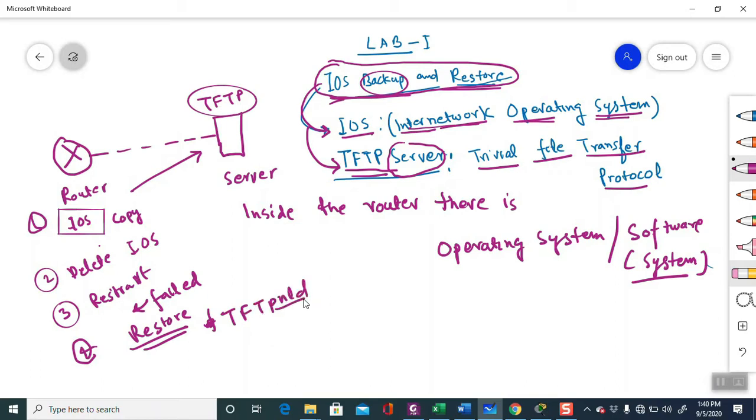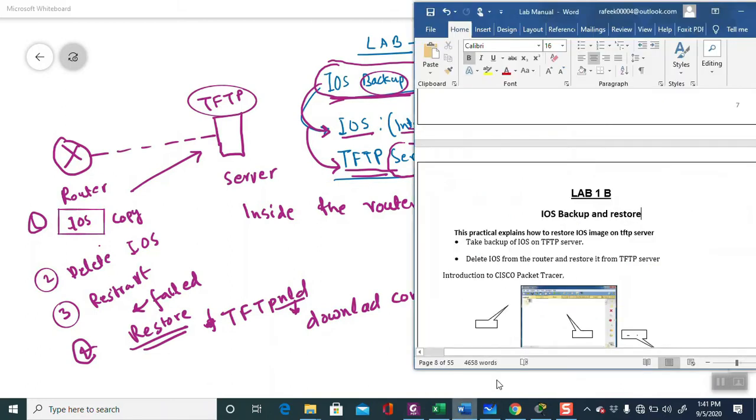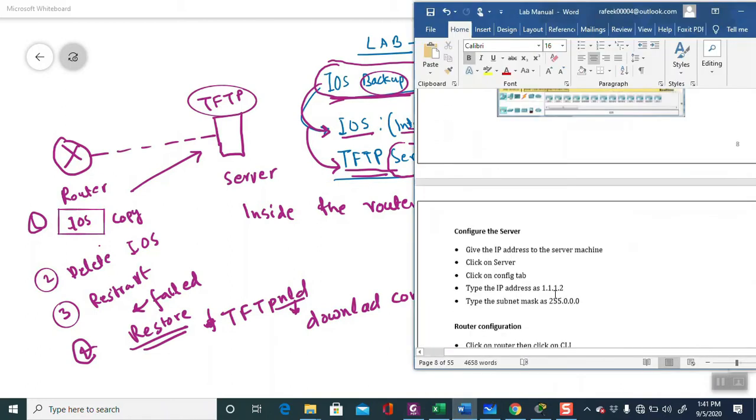This is the download command for the IOS in the router. So TFTPDNLD, you can see here the command in the lab manual where we are going to use it.